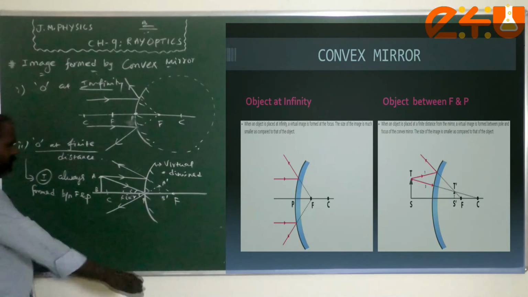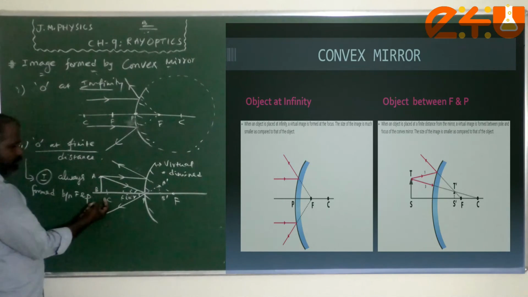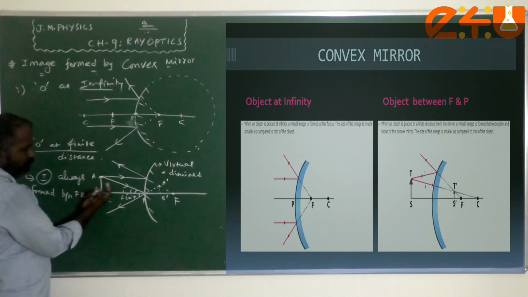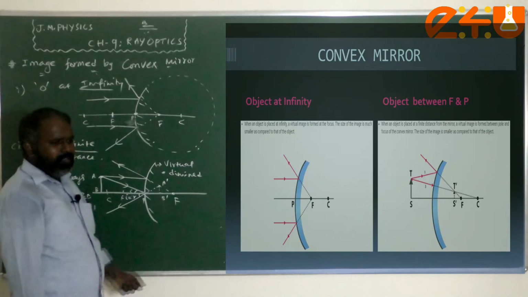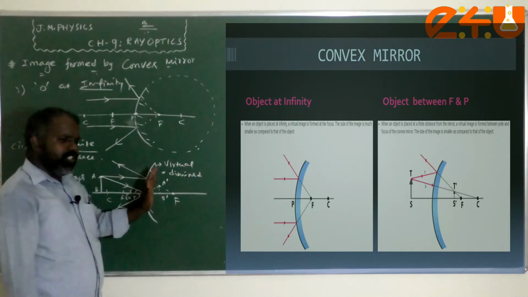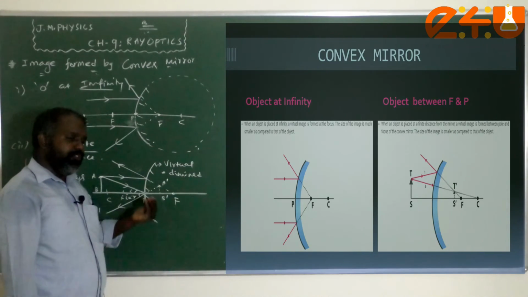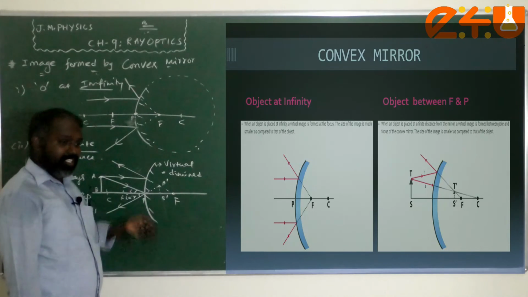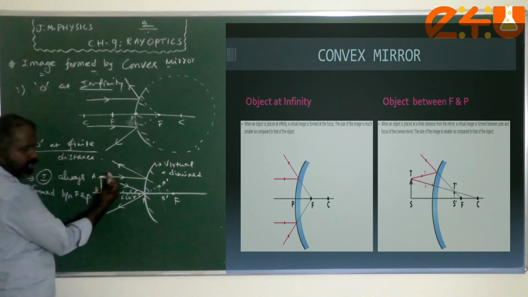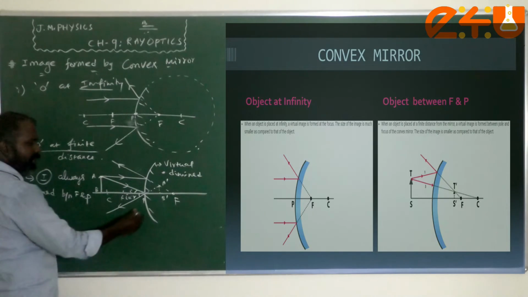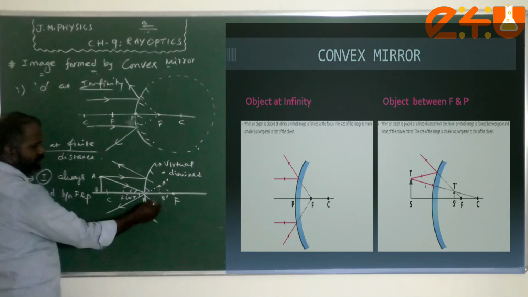Okay children, suppose what will happen if I am keeping the real object beyond C and now moving the object towards the mirror? I said earlier that whenever the object approaches the mirror, the image moves away from the mirror by increasing in size in the case of a concave mirror. So here also, when this object is approaching towards the mirror, the image